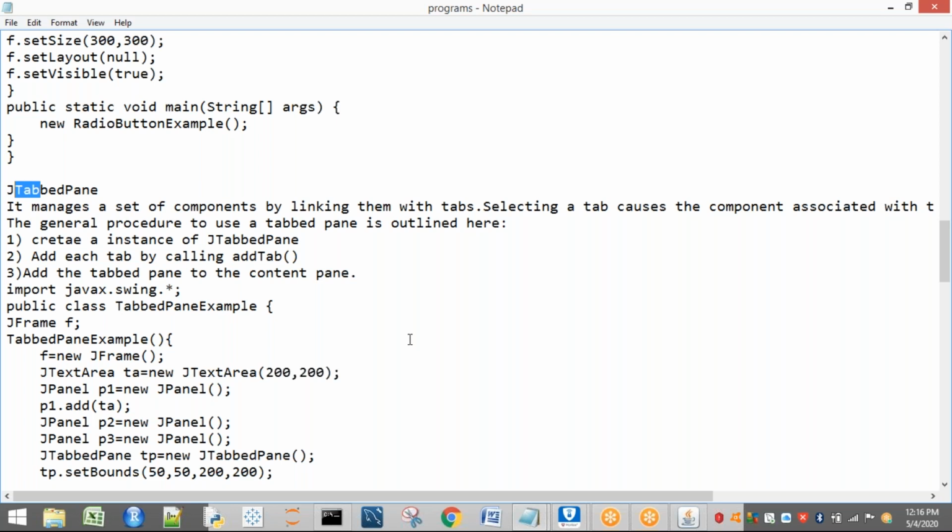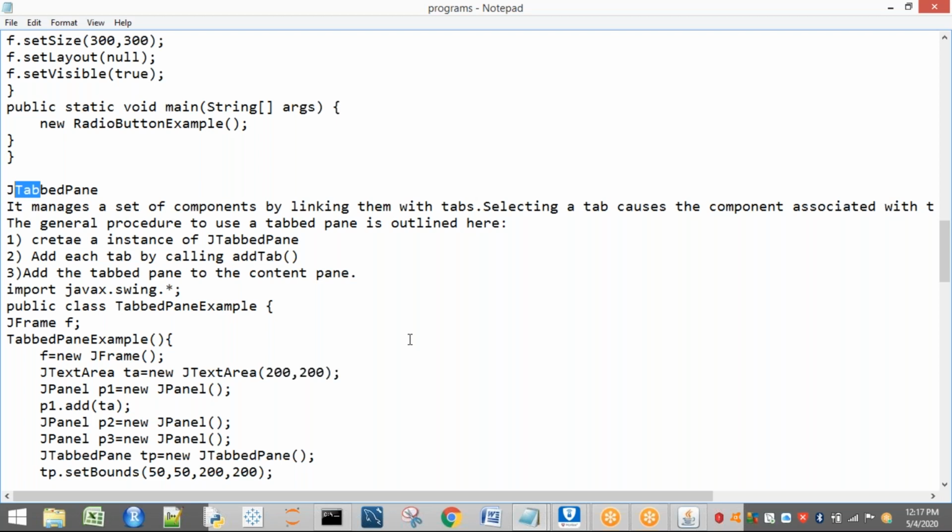That means you are going to observe a group of tabs which are linked. In Google Chrome, tabs are connected to each other, but at a time only one tab can be selected. In the same way in the tabbed pane also. Pane means it is nothing but one container.